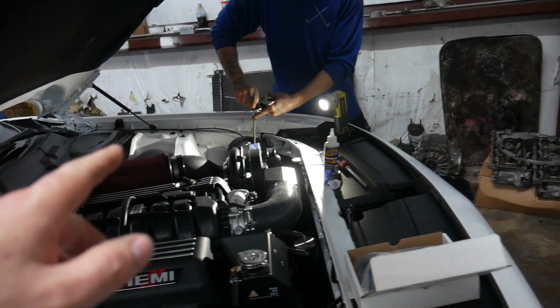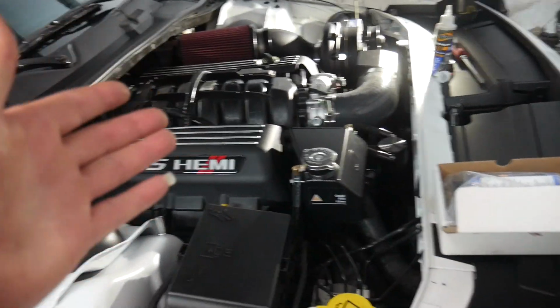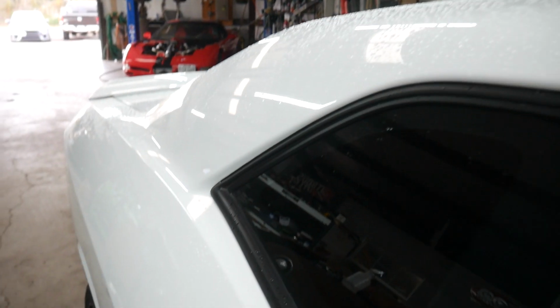Right now Gio is doing an oil change on the Pro Charger, and then this one we wrapped up. We can put her outside. I don't think Bill will be here to pick it up today though. It'll leave tomorrow. And our